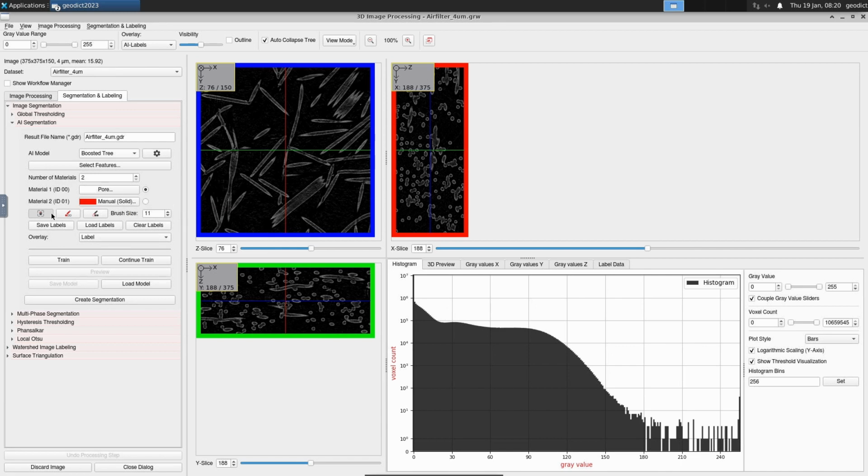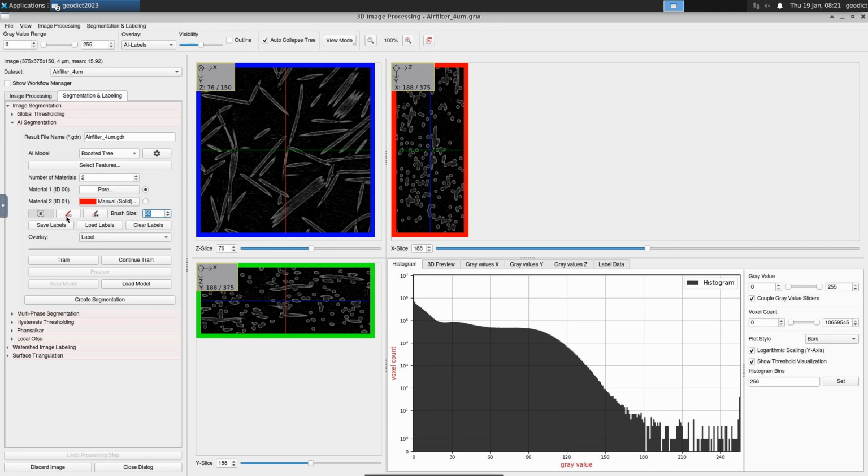Below you have several buttons. Here this selects navigation mode, which is the default, so you can use the mouse for navigation. Then there is the paint mode, so you can select this to paint labels, and an erase mode to erase labels. And now we want to directly start with painting labels in here. Turn up the brush size a bit to 20, for example, and then I want to start by painting labels for the pore space.